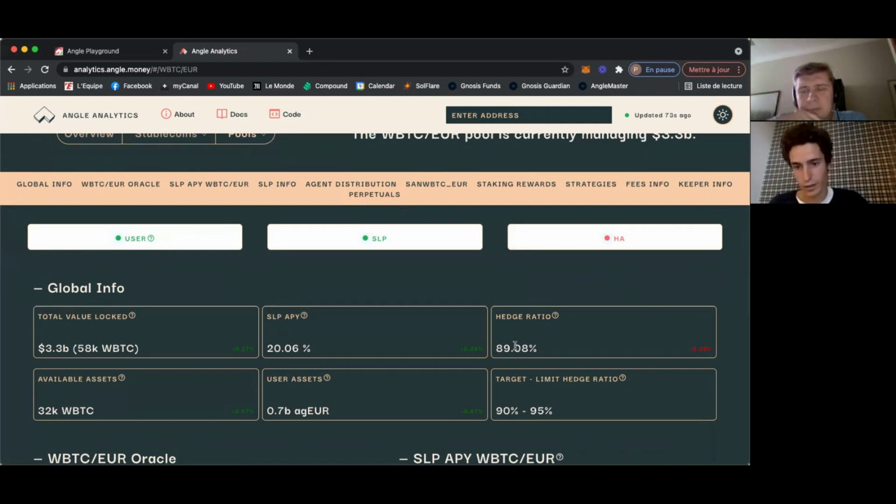So here the hedge ratio is 89%. If the hedge ratio goes above 90%, because this is a limit we set, but on mainnet governance will be able to change it. But right now, a safe hedge ratio is like 90%. Above 90%, you cannot open a perpetual. Only under 90% you can open a perpetual. And if the hedge ratio goes above 95%,